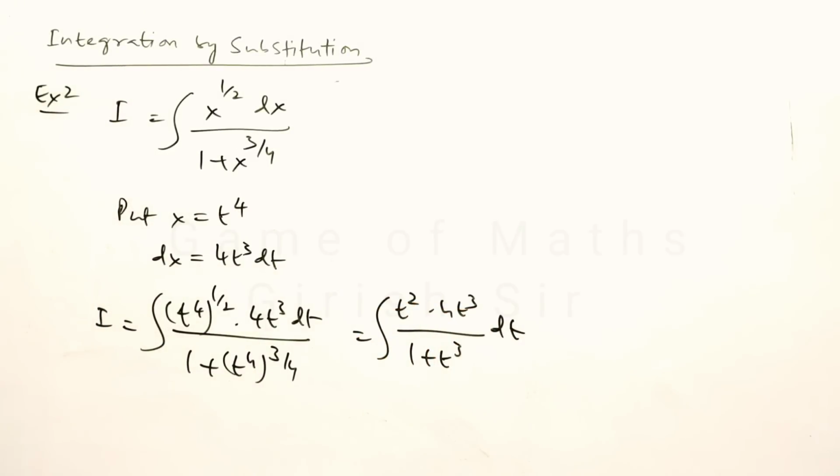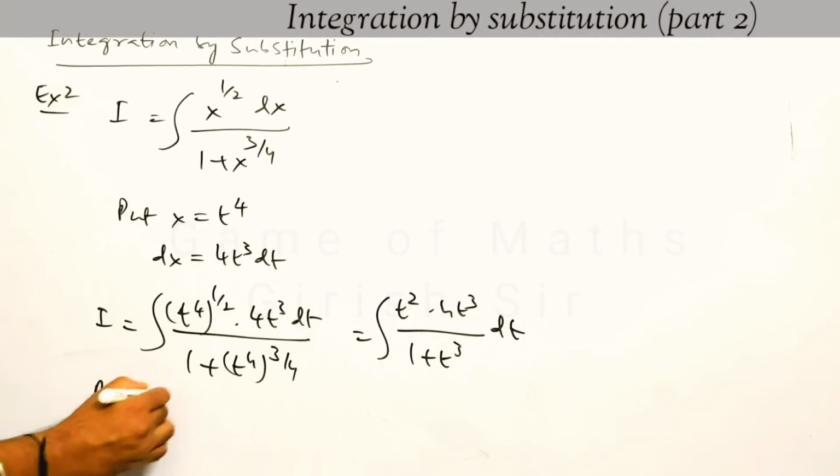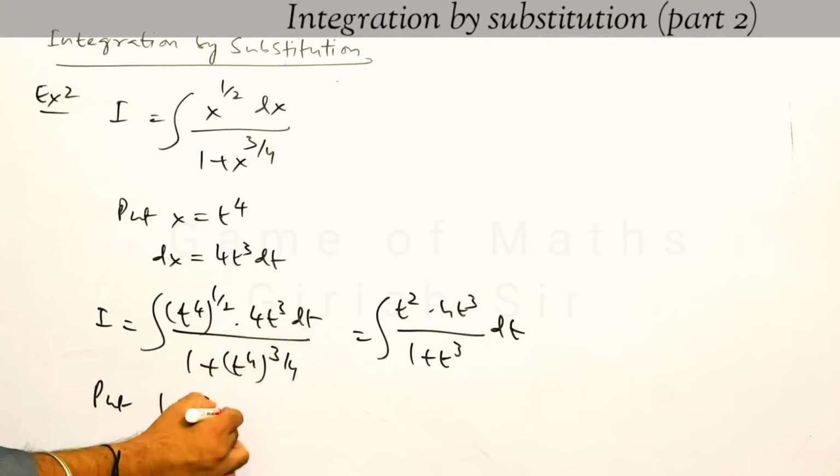This is what we get. Now we can make another substitution to make it even simpler. If I put this 1 plus t cube, which is in the denominator, equal to z, and differentiate,